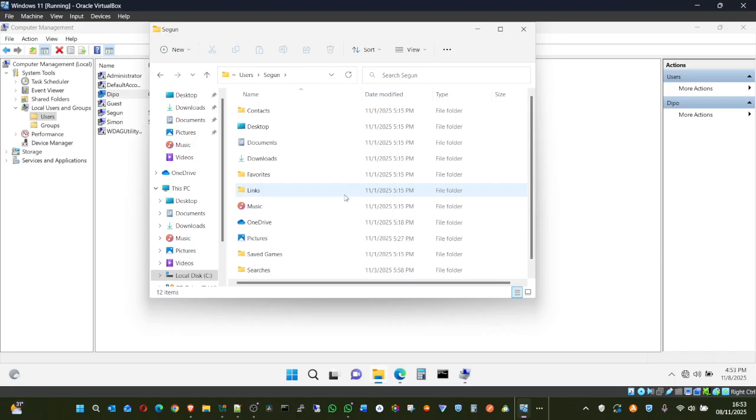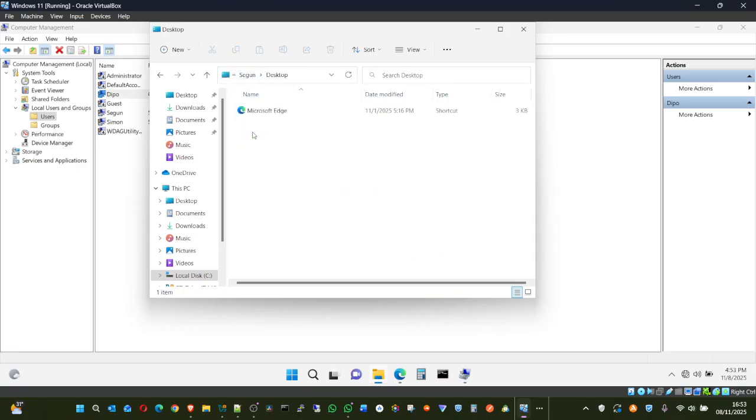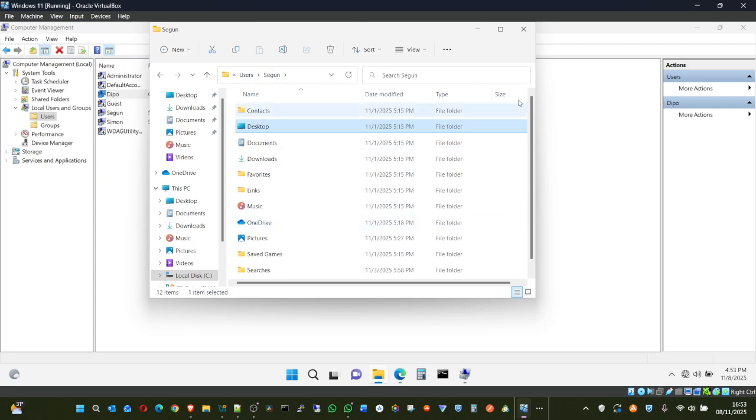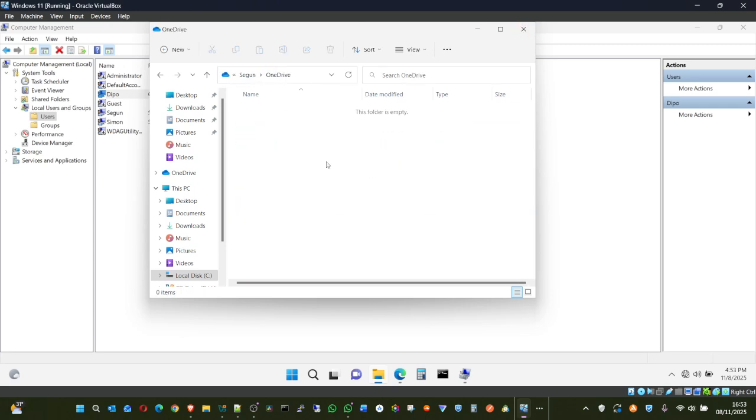So now you can see I have access to Shogun's files. I can see anything he has. I can create, I can copy, I can delete, I can do all sorts. Even the OneDrive, looking at all these personal photos and family pictures in OneDrive that I've been seeing right here, I can get access to all those things. And that is why you want to separate your personal files from the company's computer.